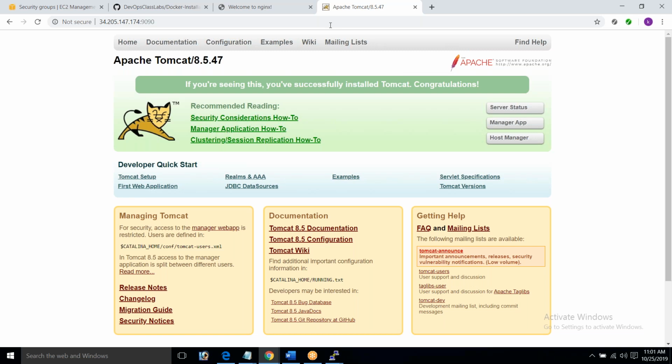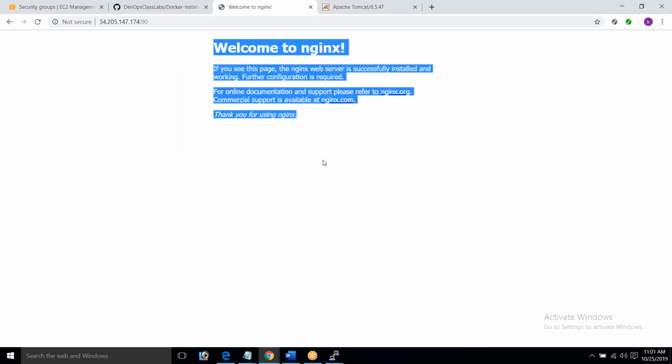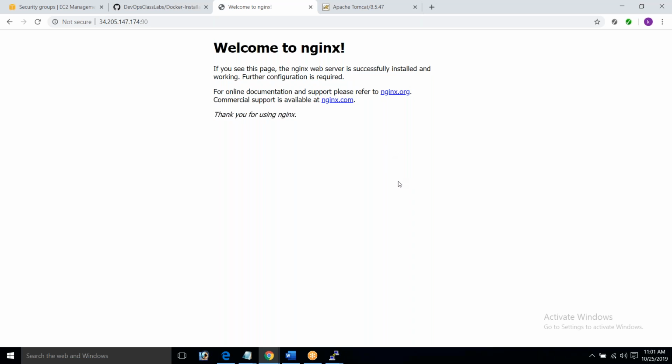Understood the port? -p port. Okay. Now this Nginx page is not what I want. I wanted to get my own index.html page. How will I do that? How will I get that? It will not get installed. When you do a docker run, there is no installation concept here. It is creating it.